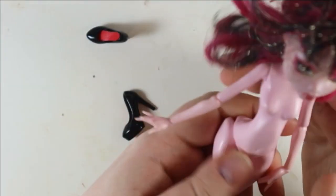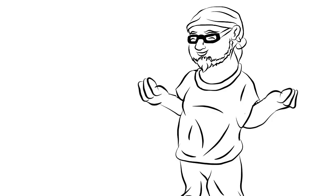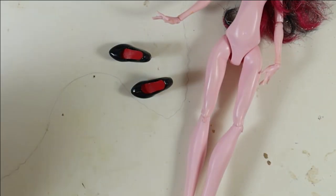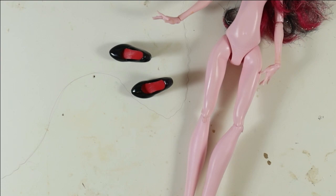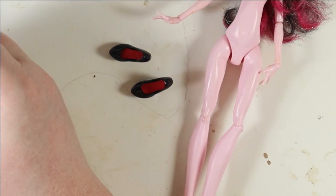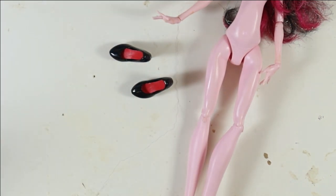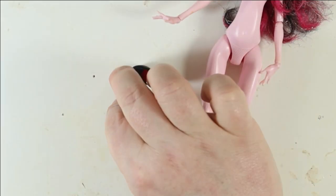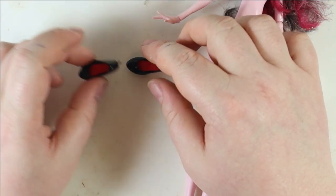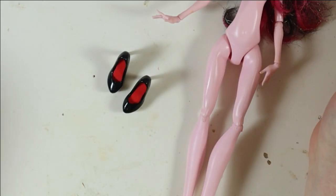But this Draculaura will soon wear these shoes. Actually, yes, she does. The red ones I will keep. Maybe I will use them another time. But I do want to use the black ones because I thought about what kind of outfit would go well with Louboutin-esque pumps. Again and again I came back to another very iconic fashion look thing, which is the new